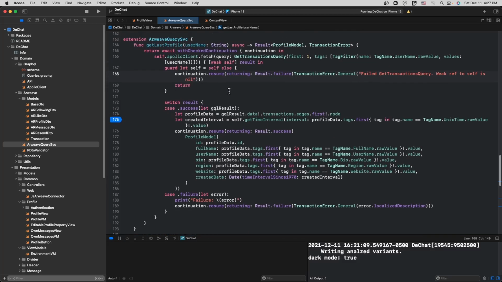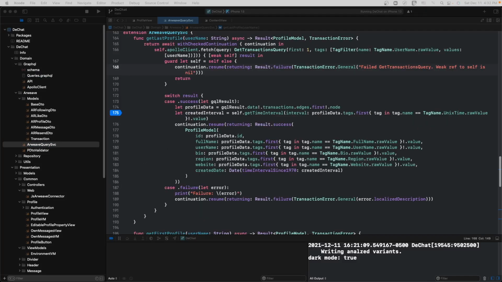And if you're wondering how this works with the Apollo client and GraphQL, I've created a pretty in-depth video about what all the steps that you need to go through to set that up. So I won't go through that in this video, but I'll leave a link in the video description. So the next thing that I want to talk about is how I got here.